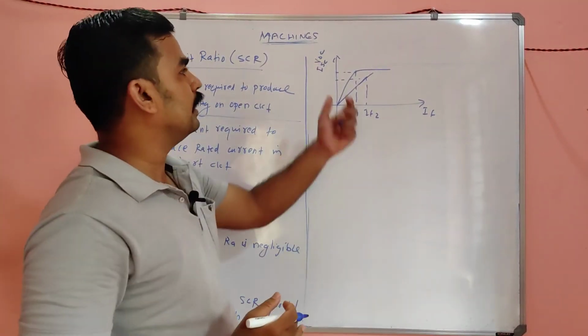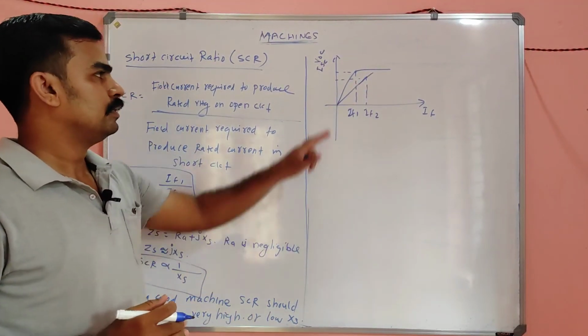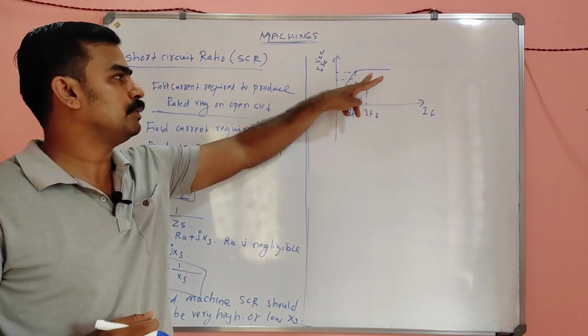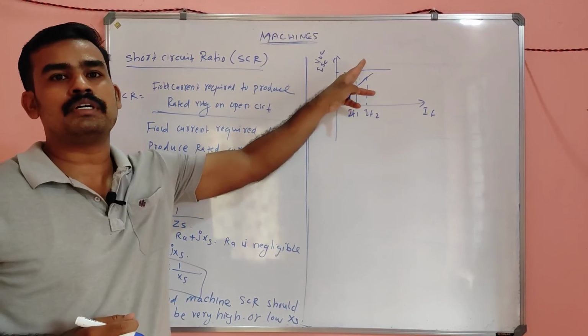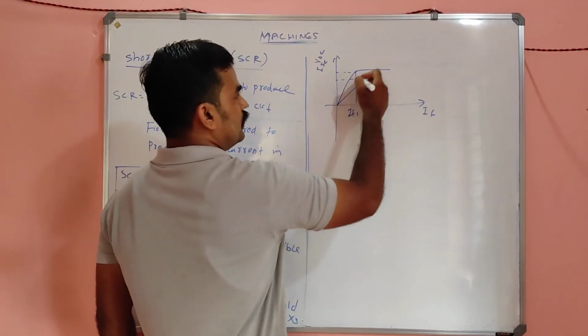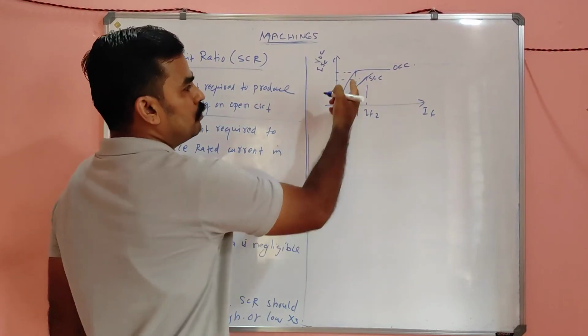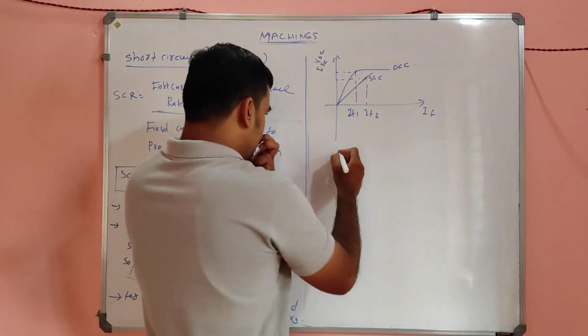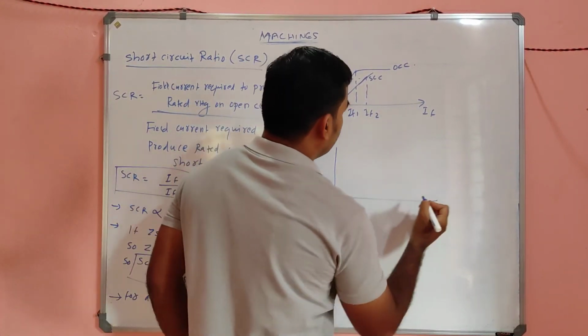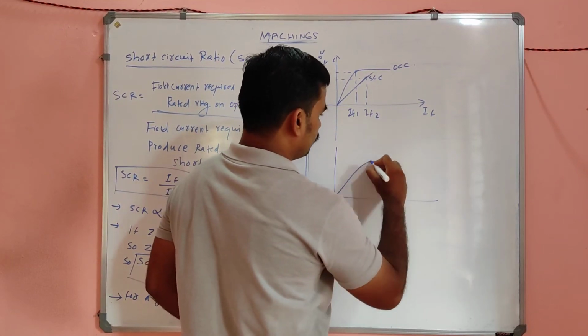You combinedly plot two curves in a single graph. One is for short circuit, this is SSC, this is OCC, and you get something like this. And in another machine, my dear,